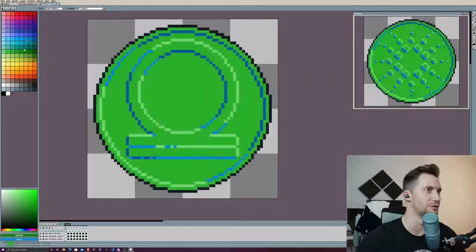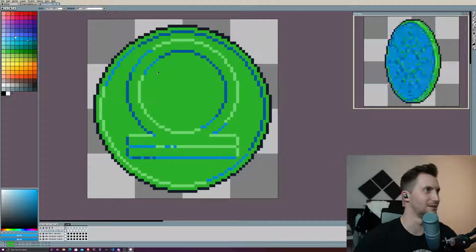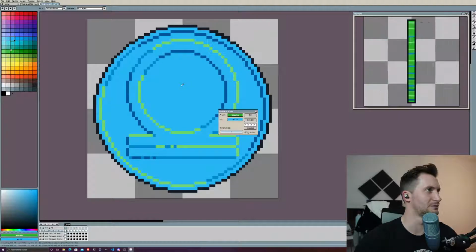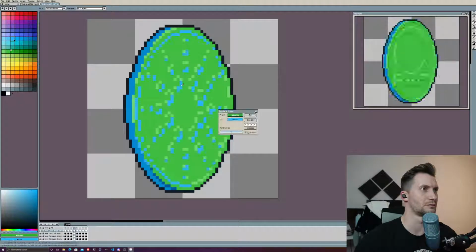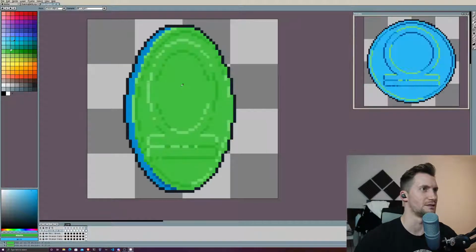Okay, so those greens are different colors. I don't know how I've done this, guys. I've literally made such a mess of these things. Okay, that's better. Getting somewhere slowly.